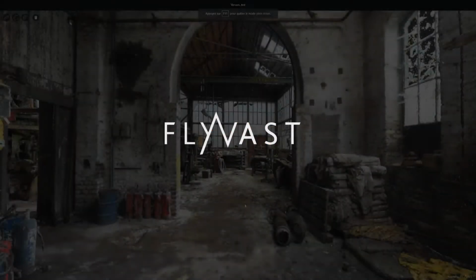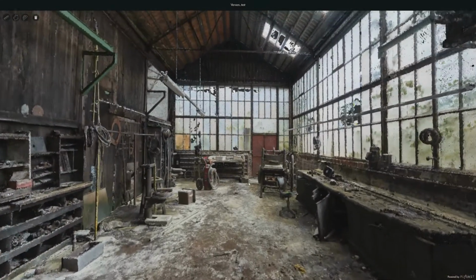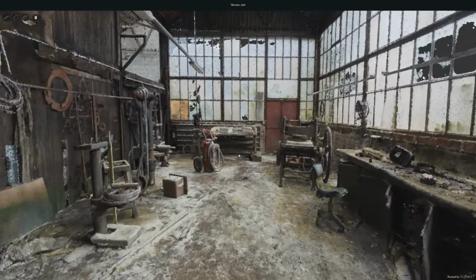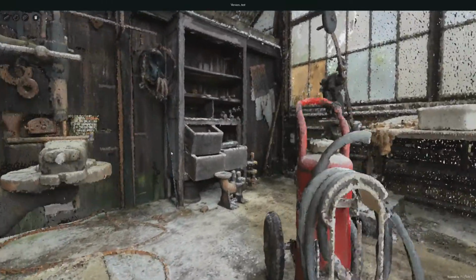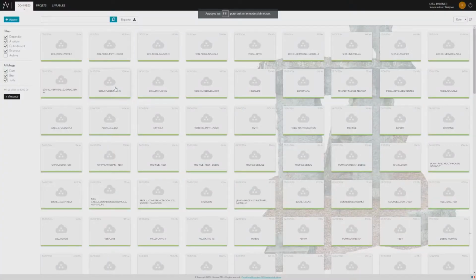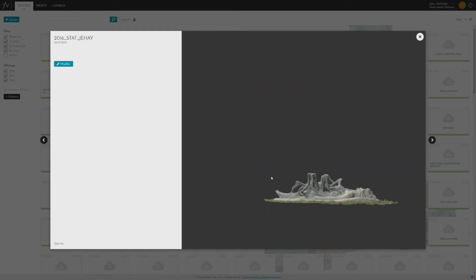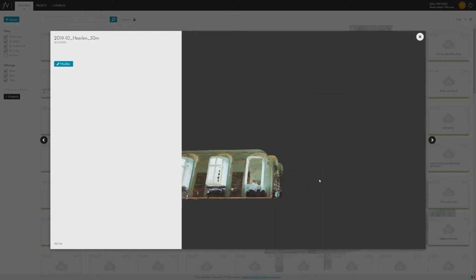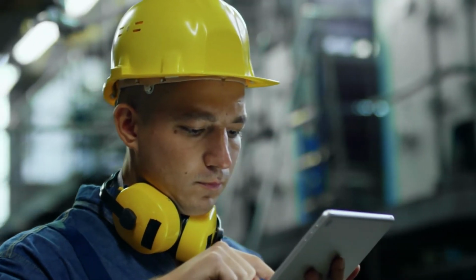In 2014, we created Flyvast. Its main goal is to give you a very simple solution to manage all your point cloud data, 3D models and information from everywhere in the world with instant access. You can store and archive safely all your data without worrying about maintenance cost and loss of information. You can access your data from any connected device, and your data is yours, fully downloadable in open formats.